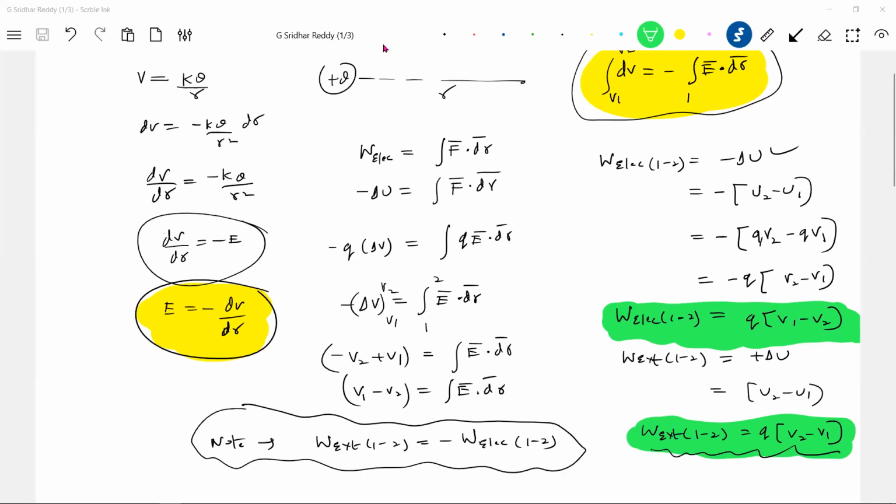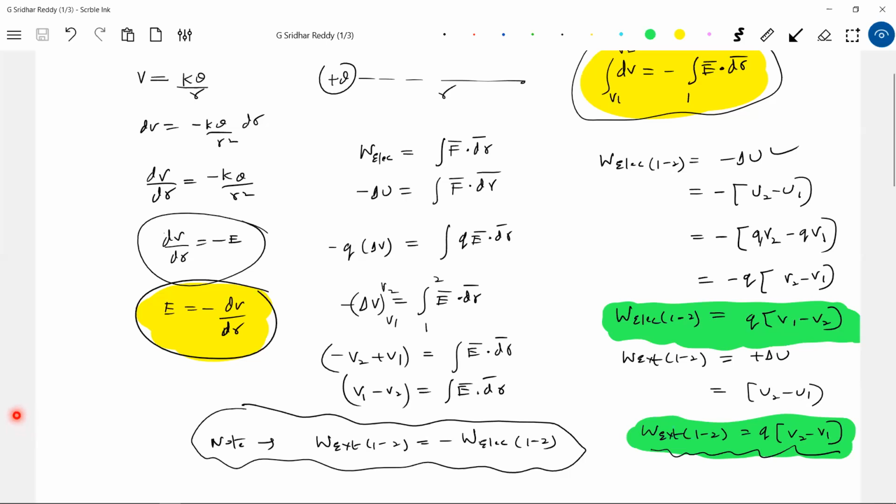Sir, one doubt, sir. In work done by electric force in moving a charge from 1 to 2 equals minus delta U, you wrote minus of U2 minus U1, no, sir? So it should become minus Q into V2, no, sir? Due to positive charge, what is the potential for Q into V2? Why again are you changing the definitions? I took a positive charge, no? See, these are definitions. Don't question them. Accept it.